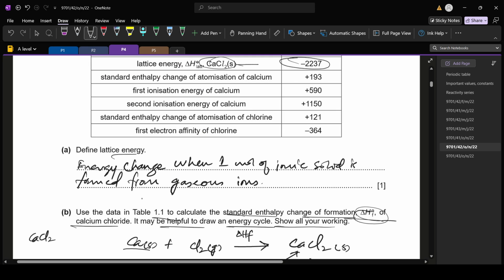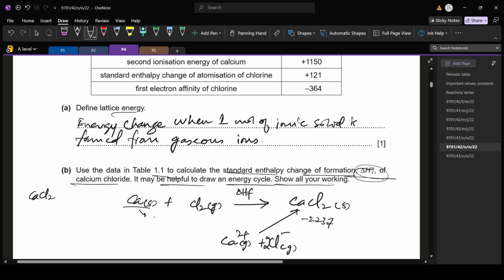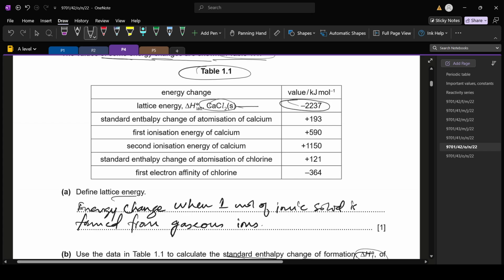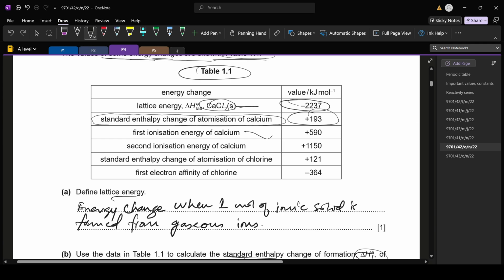So firstly we will atomize calcium to change it into gas. So this will be calcium gas, and this is the standard enthalpy change of atomization of calcium, and its value is plus 193. Now you will convert it into calcium 1 plus. This is the first ionization energy of calcium, and then the second ionization energy of calcium. The first ionization energy of calcium is plus 590